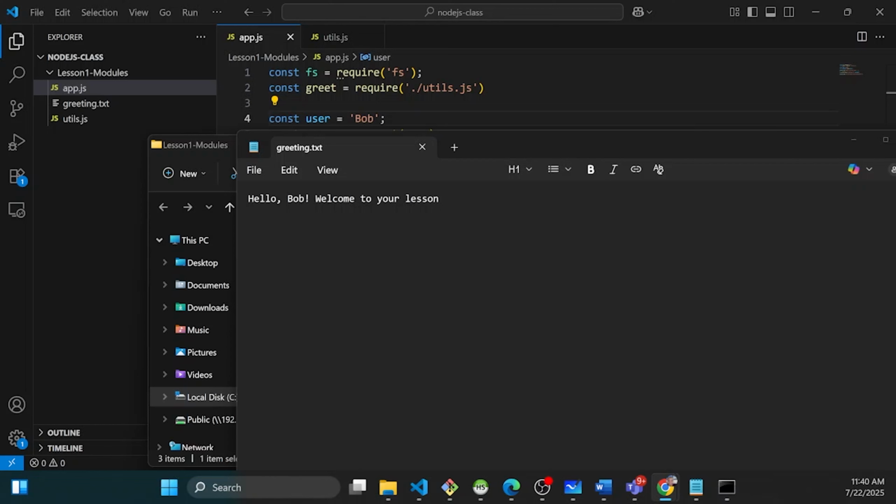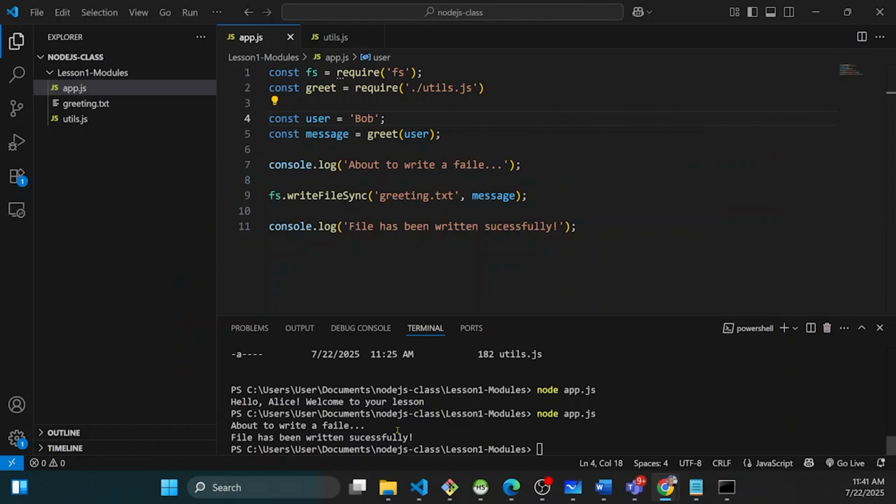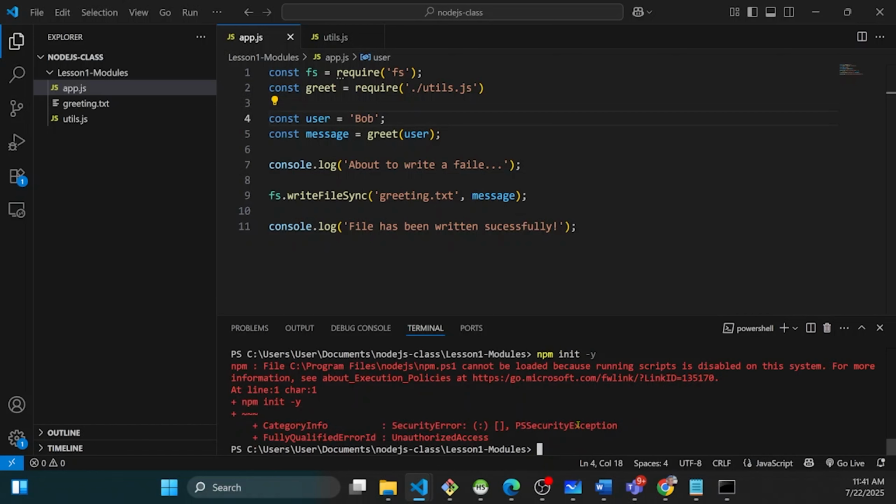Now, just to show you a modern way, let's quickly convert our first mini project to use ES modules. This requires one setup step. First we have to initialize NPM. So in the terminal we can actually run npm init -y. Remember, npm is node package manager. So this is gonna create, if we run that,